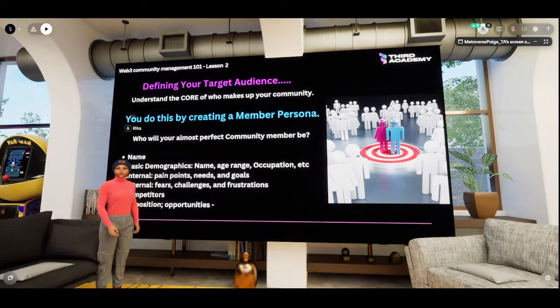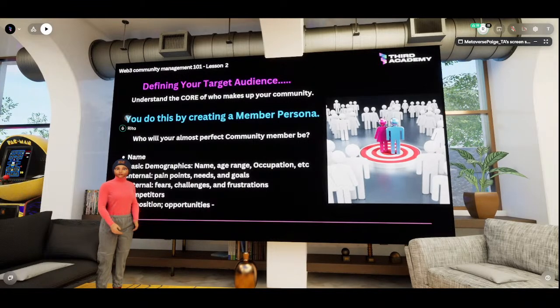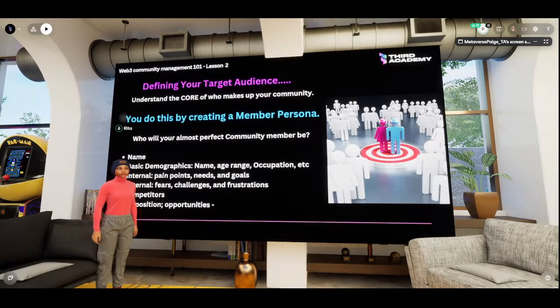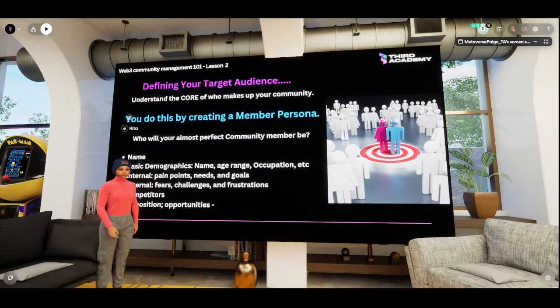Now, what are the basic demographics? We could say age 24 or 25, female, location San Francisco. What is the occupation of Rita? Could be marketing and communications lead. Remember that this is a fictional representation of your ideal community member. Now, education. What education does Rita have? Rita has a BSc in marketing or any other related course. Now, I have formed a fictional representation of what an ideal member of my community is.